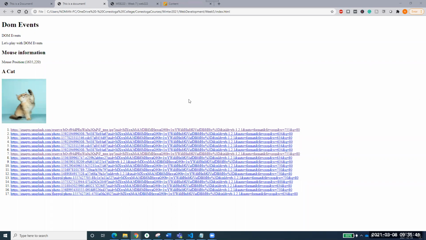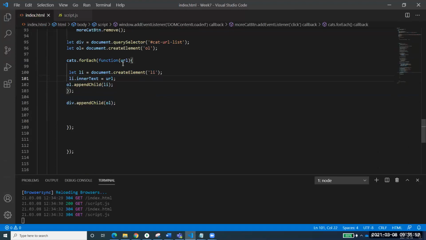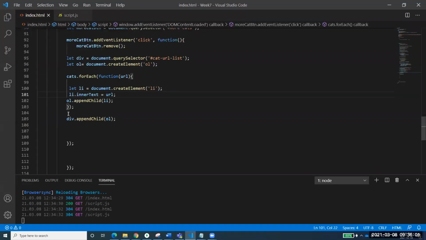Who is ready for that? Because if you do that, it means that you understand everything, and this will give you very good practice as well. Who is ready for that? What you need to do? This is the code that we have. The index, everything is here. You need to make a few changes over here, on how it should go.